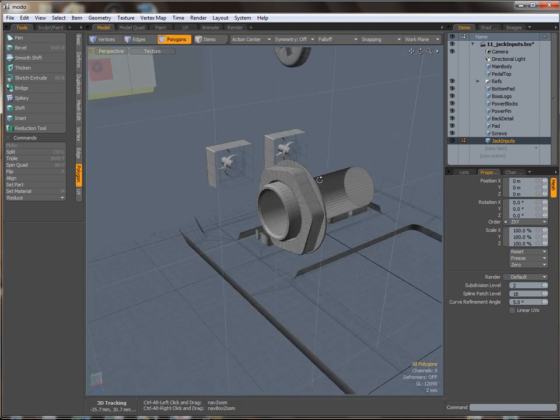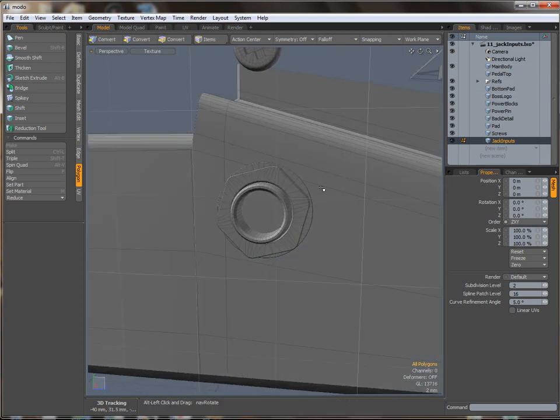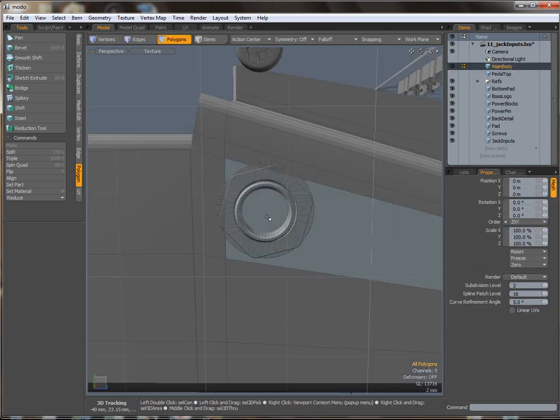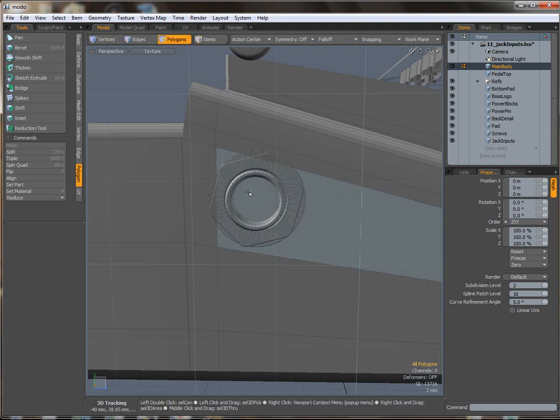It's about there. And the only problem we have left is that if we bring back the main body layer, you'll see that the side of the main body blocks the jack input hole. So what we're going to do is use the loop slice tool to add in some extra edges around where the hole should be. We're then going to select that polygon and delete it so we can see all the